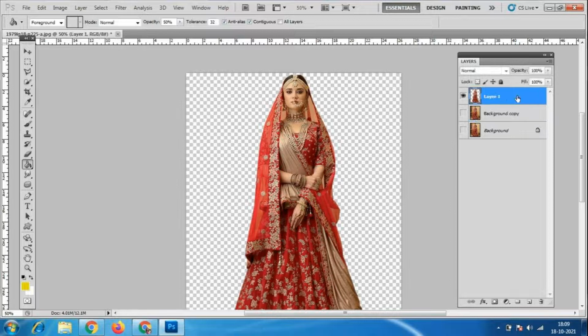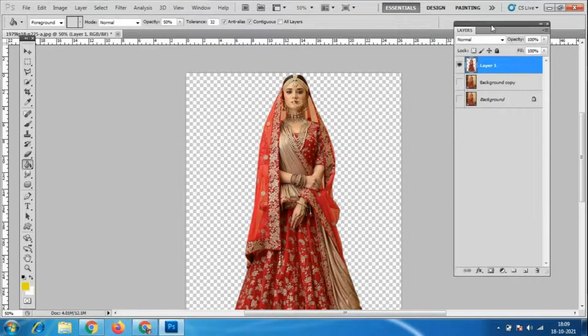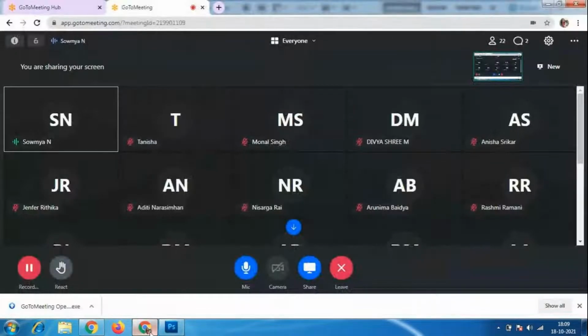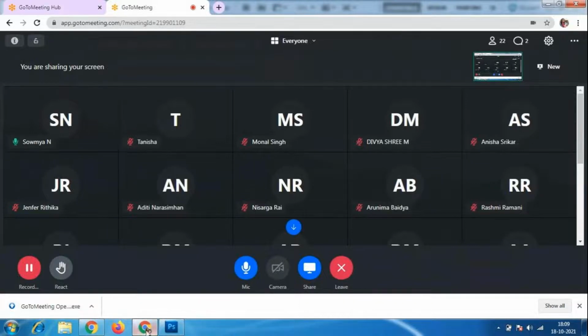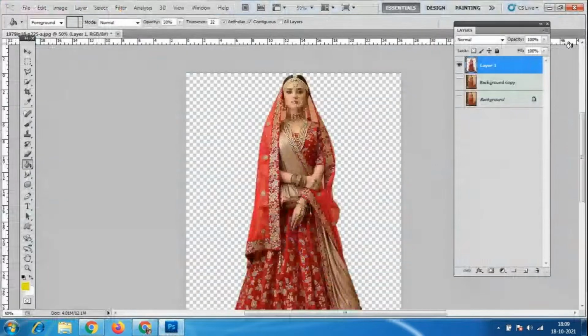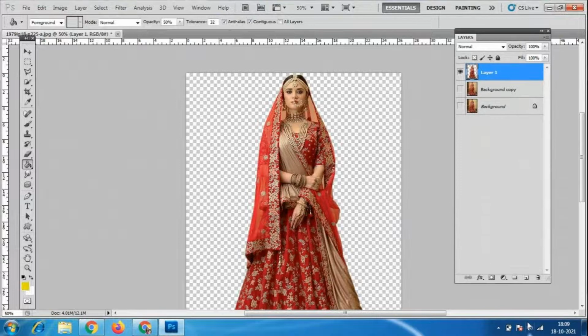Now I'll take a new layer. Look at here in the layer option. In the downside, we have an option called new layer. If you keep the mouse pointer over there, you can see create a new layer. So I'll click on this.